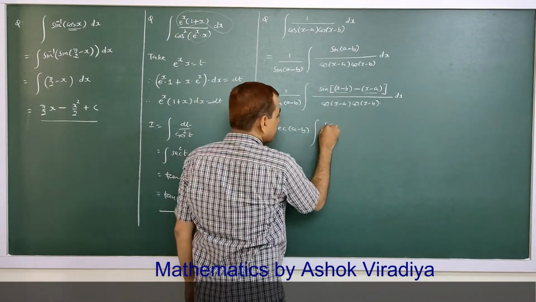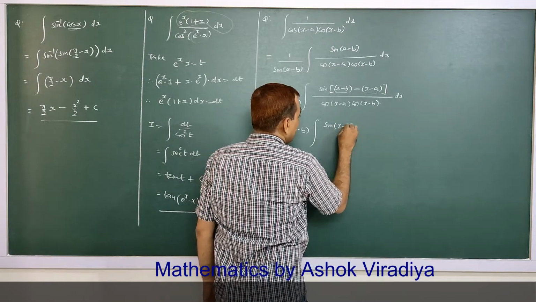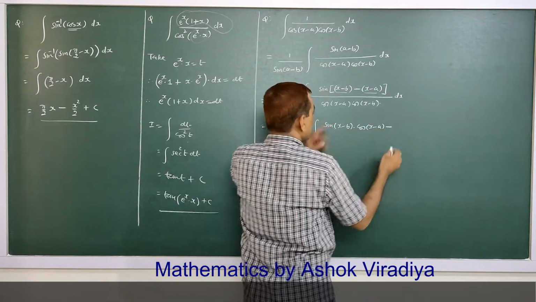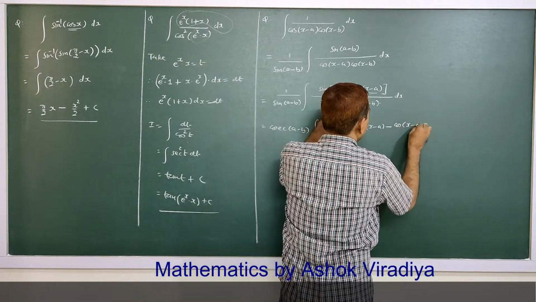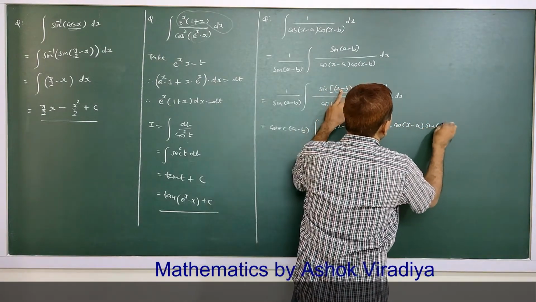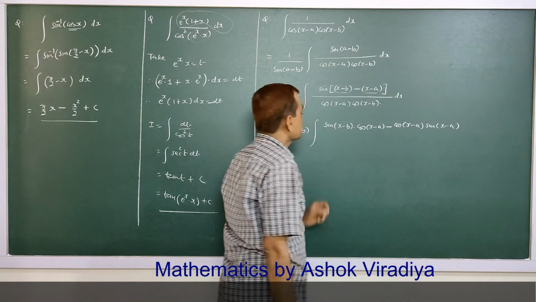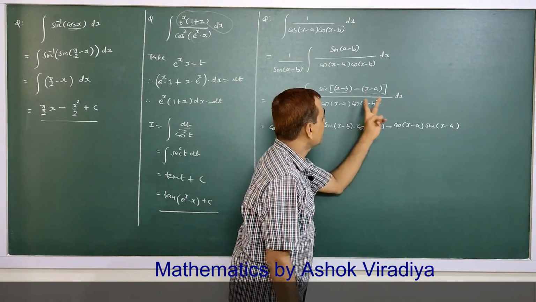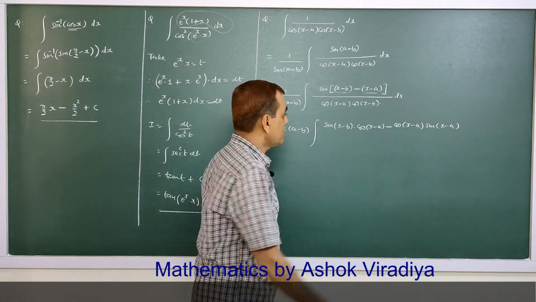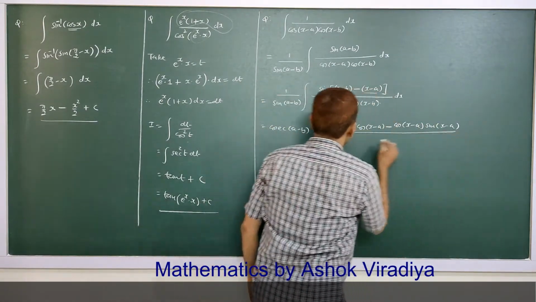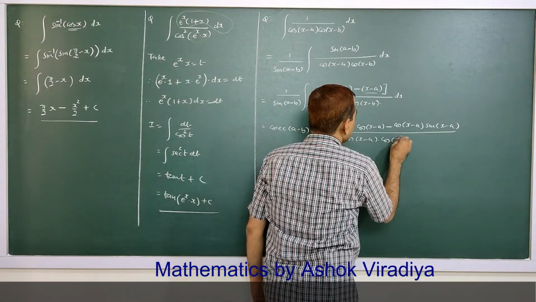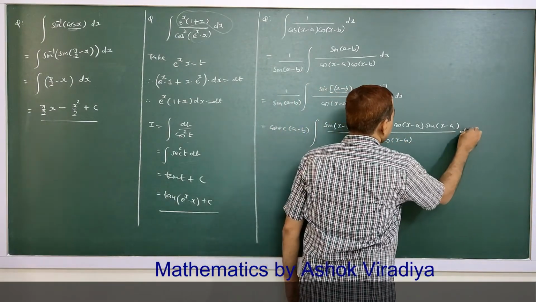Sine of alpha minus beta is sine alpha cos beta minus cos alpha sine beta, divided by cos of x minus a into cos of x minus b,